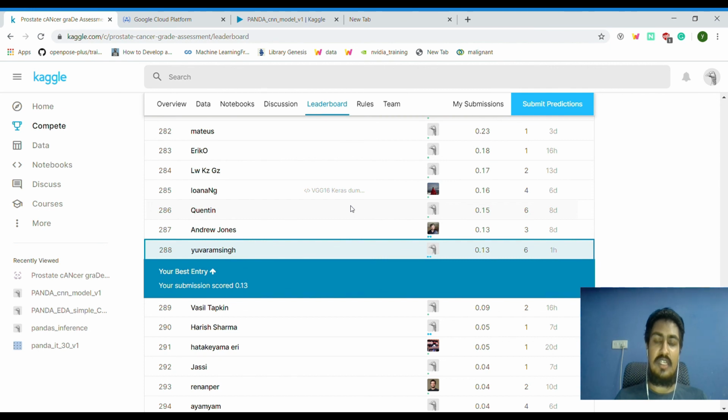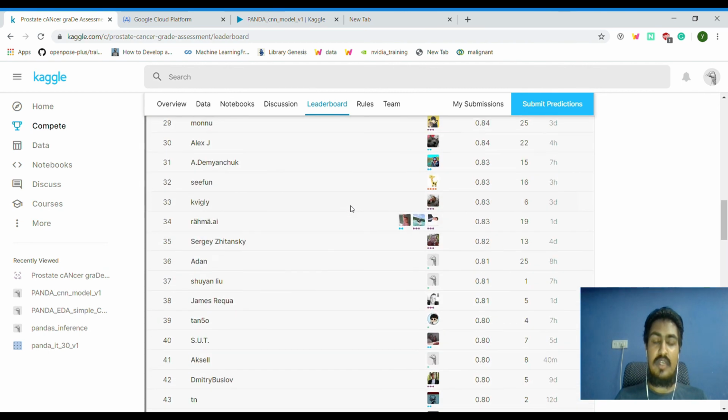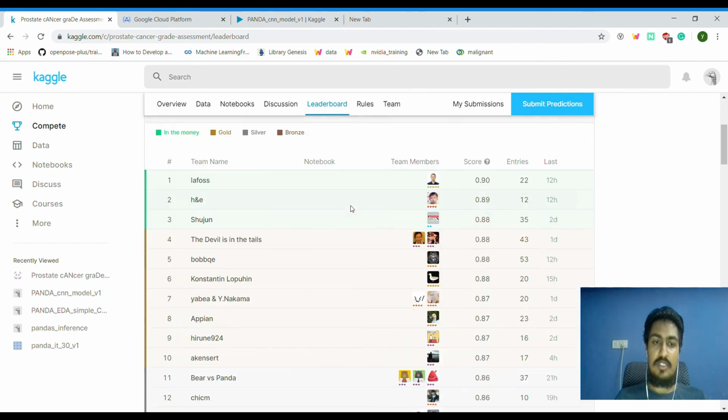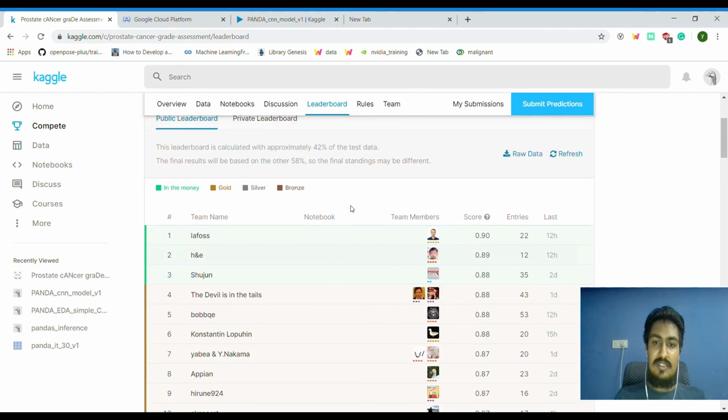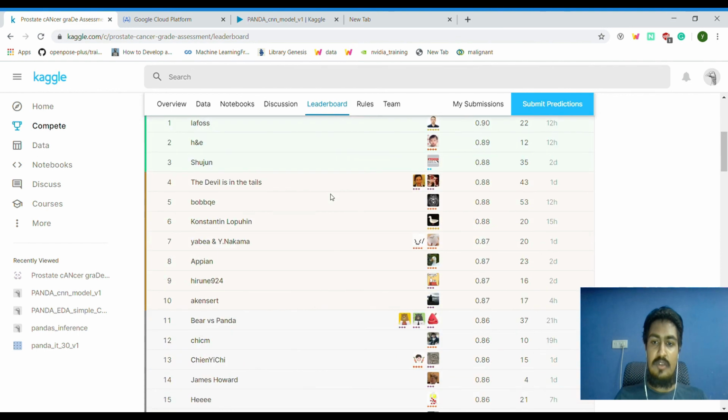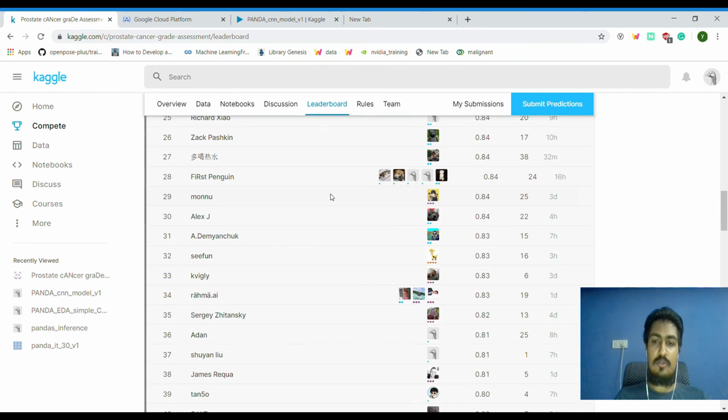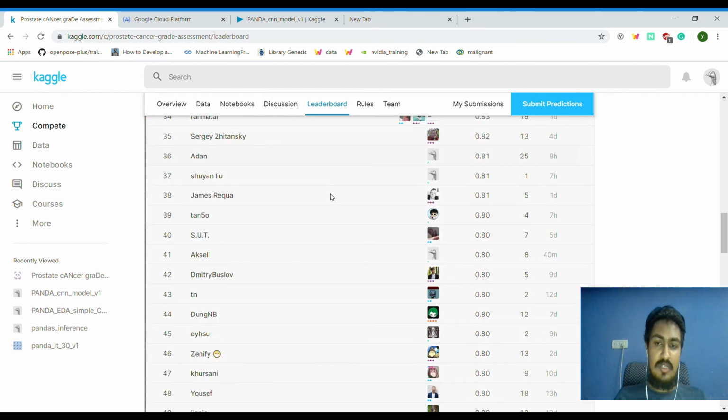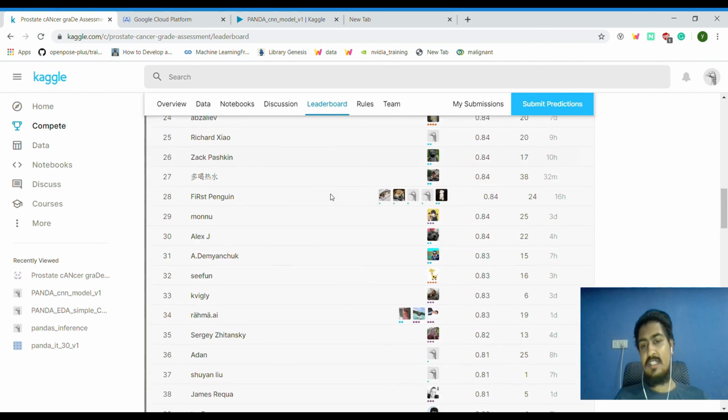We are just taking the image and feeding it in, and that's not the way. We have to make it into patches and then feed those to the neural network. That's the appropriate way other competitors are using, and they are sharing their code, which I will explain and go through. Then we will improve our model, and hopefully get into the top positions or something like that.